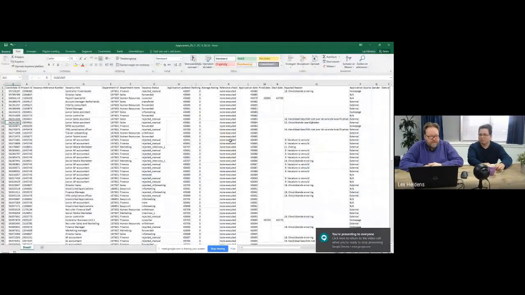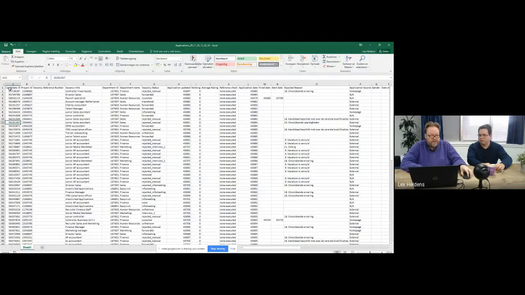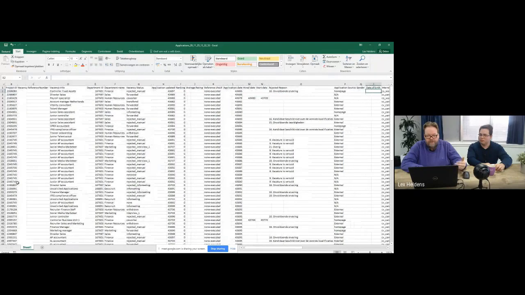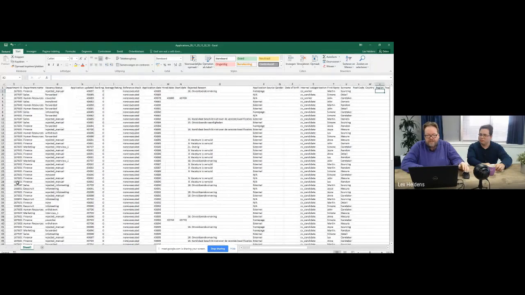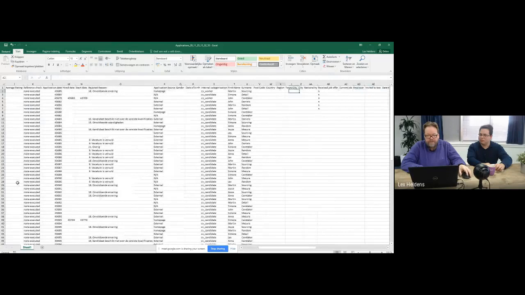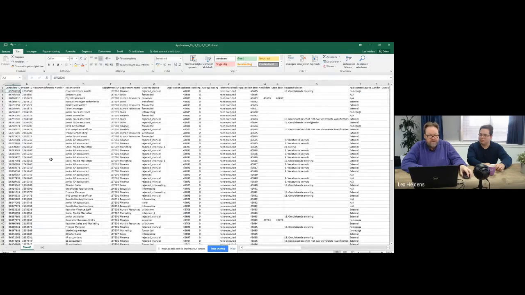So this is the result of the download that Christer just did. And what you can see, there's a lot of information about all the candidates. In this form, you can either filter it but it looks a bit rough and a bit difficult to read. So a very nice functionality that is available in